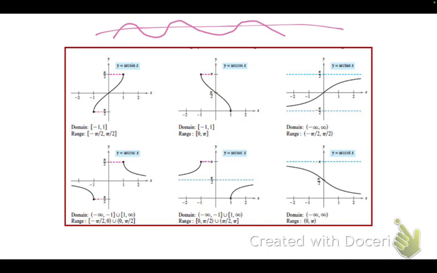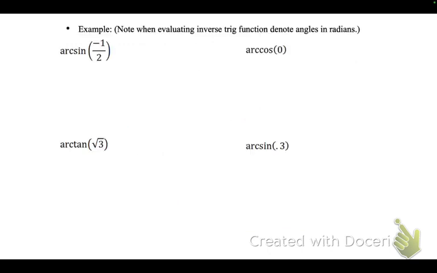So restricted it from -1 to 1, actually restricted it to negative pi over 2 to pi over 2. So it just talks about the restricting of the domains. That's all this does. So inverse is used to find what? Angles. Okay, so it says note when evaluating inverse trig functions,